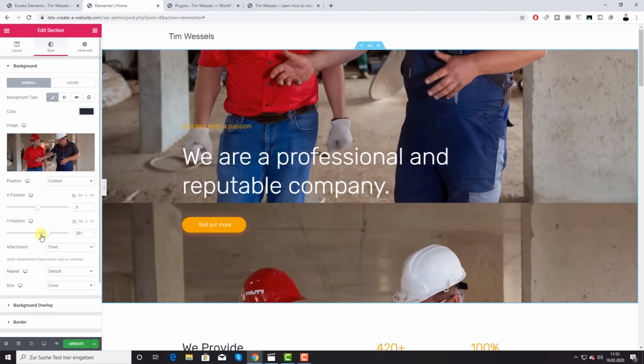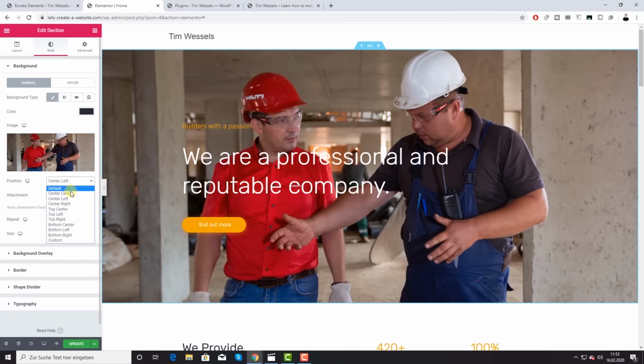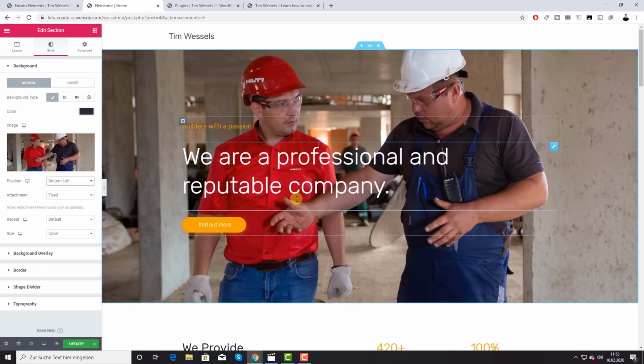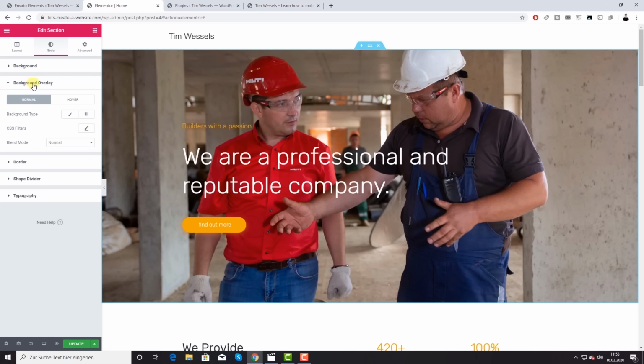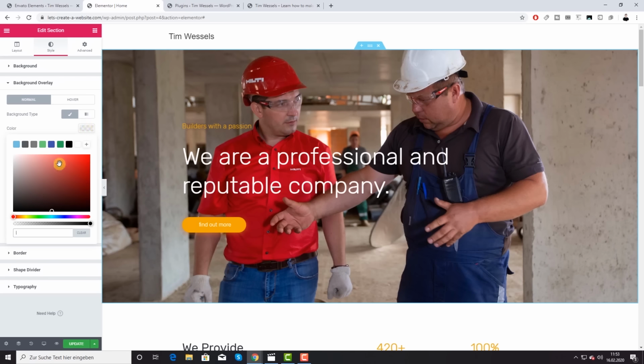Also the right position. Or you can choose a different position. So center left, center center, bottom left, whatever looks better. Yeah, maybe like that looks good. If it may be a little too bright and you have a white title, you can also give it a background overlay. So I choose background overlay here on the left side. And then I can choose normal, background type, classic. And I will choose a color. So for example,